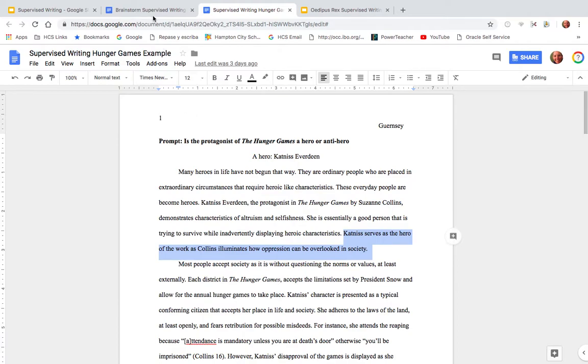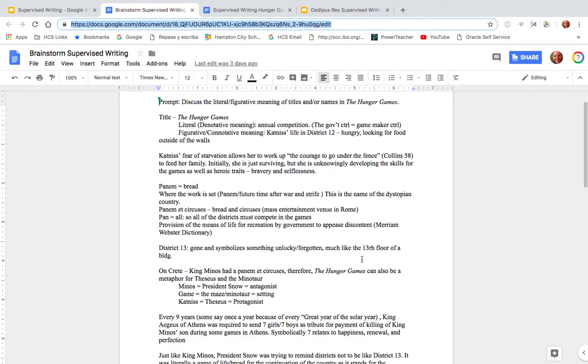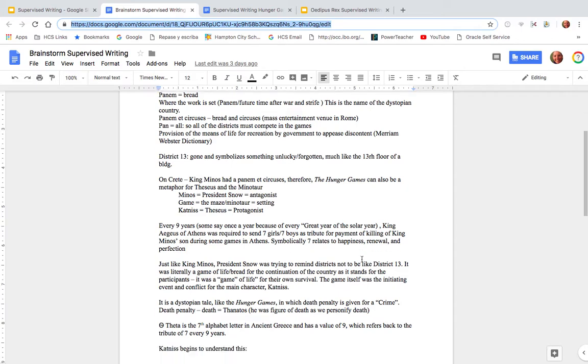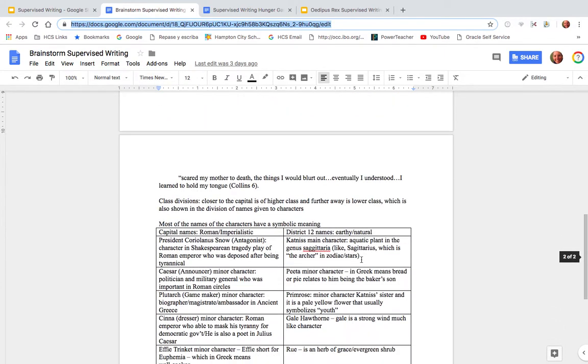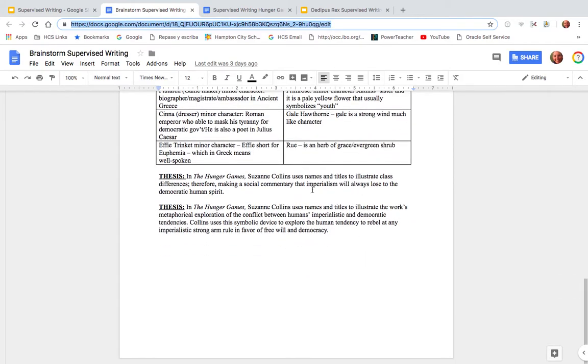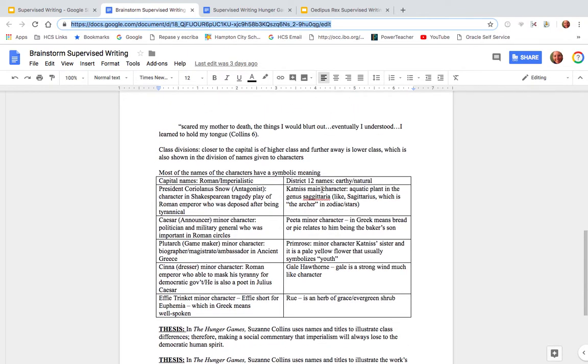Now, if we go to the second example, which is a brainstorm, throughout this brainstorm, you can tell that this person actually understands the literary work. They can pull out different parts of the work and tell you about it. Again, they're not retelling the story, but you can still understand and see that the person actually read the work. Understanding of it, again, goes back to the thesis statement, which is down here in the end, where it shows some originality.